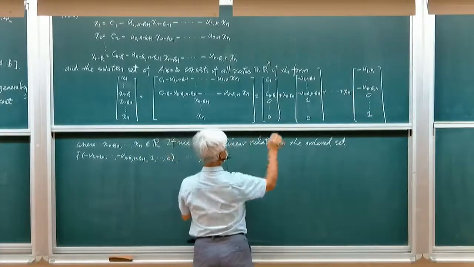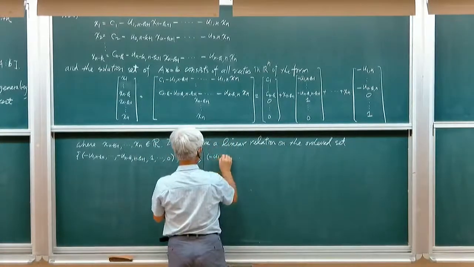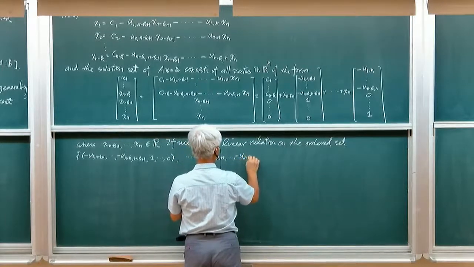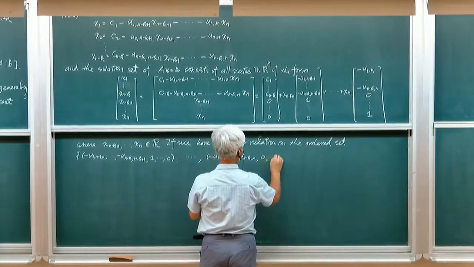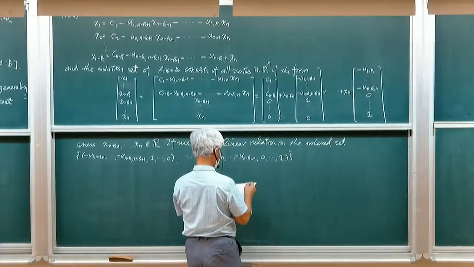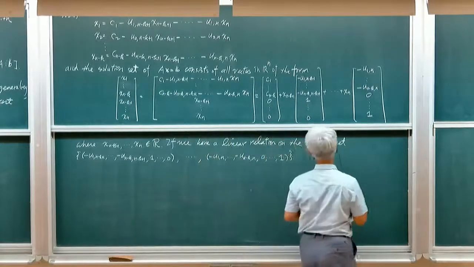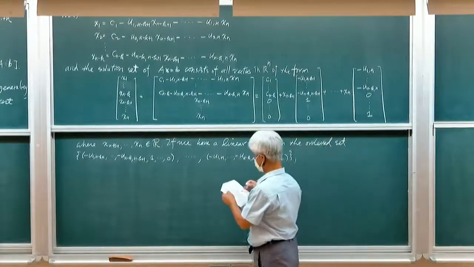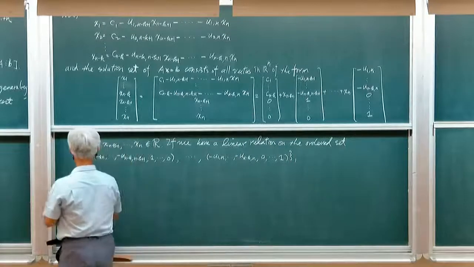The last one is minus u 1n, ..., minus u minus kn, 0, 1. So if we have a linear relation on the ordered set,